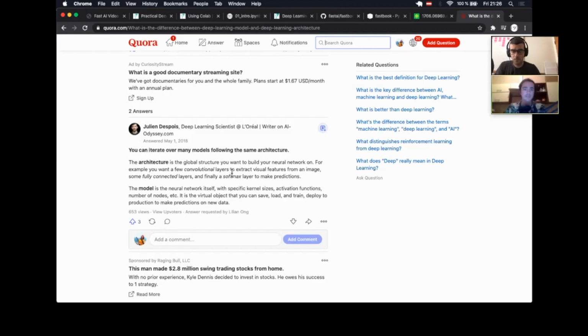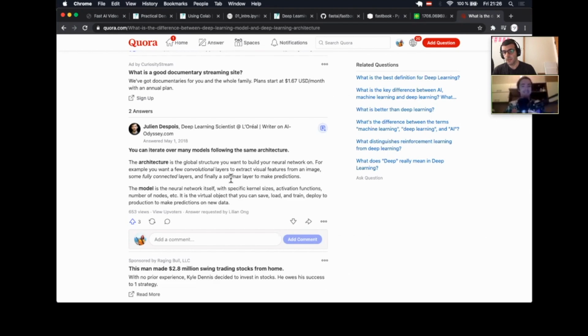So look at what he's saying here. I'm saying I have 5 convolutional layers to extract from the image, 2 connected layers and 1 softmax layer. That's the architecture. And then I can run a bunch of different models on it, because each model uses different weights, different kernel sizes, activation functions, whatever. But they all follow this architecture of using convolutional neural networks and so on. Do you see what I'm saying? That's how I understand it. I think you're right